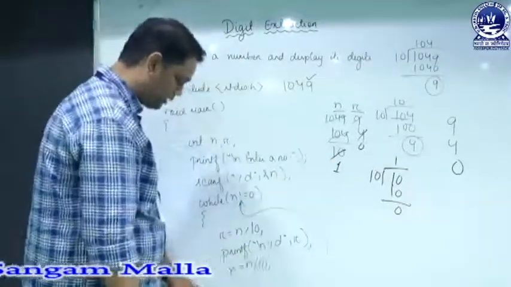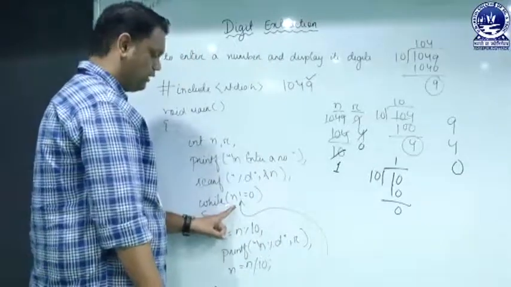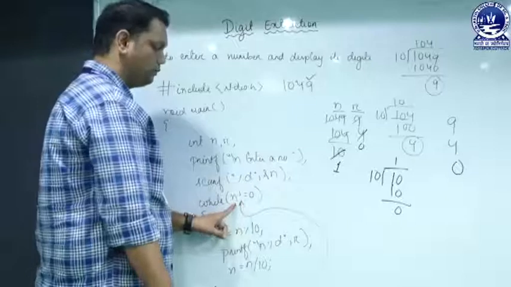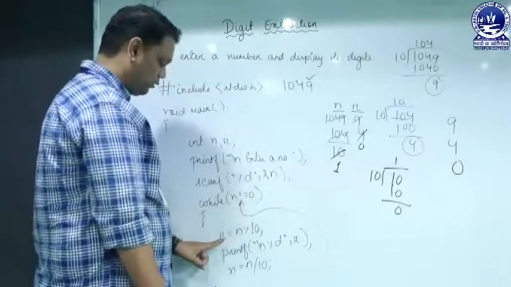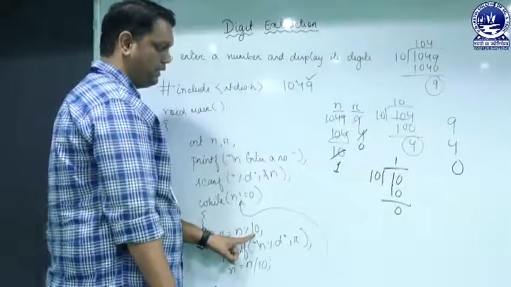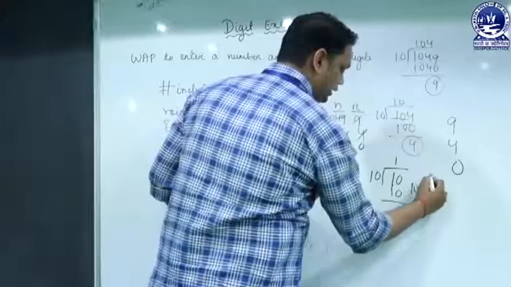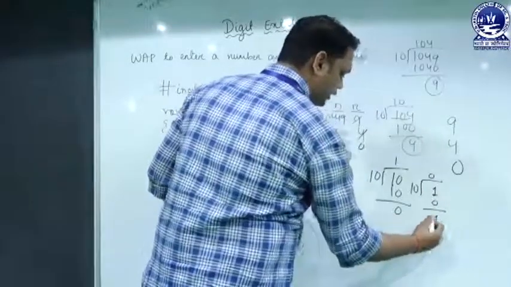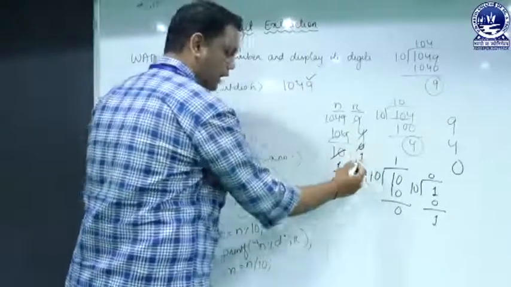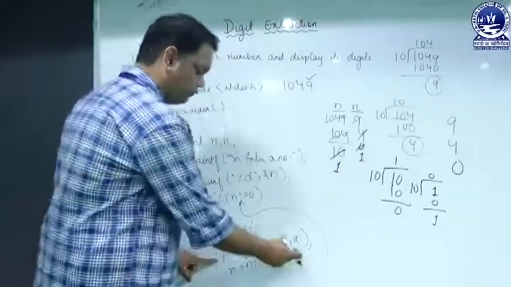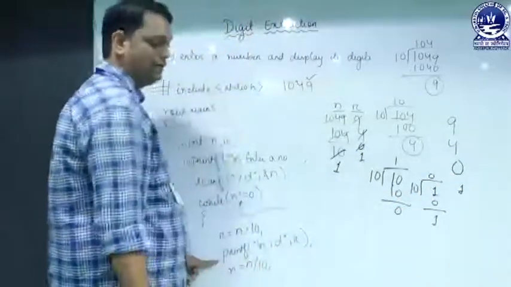Now again the curly bracket will return the pointer to this one. Now the condition is n is not equal to 0. That means 1 is not equal to 0. Yes, true. Now it will enter over here. n will be divided by 10. So n is having the value 1. So 1 will be divided by 10, the remainder is 1. So 1 will be stored in r. Now it will print the value of r. So r value is 1, and it will print 1.